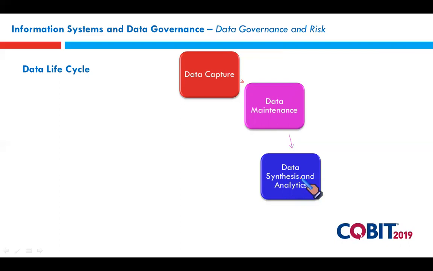Next step is where we will make some use of it. Next is data synthesis and analytics. Once the data is processed, then we will use this processed data to create some models, just like those who have read part 1. We will use the data to run our financial modeling, investment decisions, our actuarial modeling or risk modeling. So using data to draw some conclusions, to analyze it, to synthesize it so that some use could be made. This is called data synthesis and data analytics.